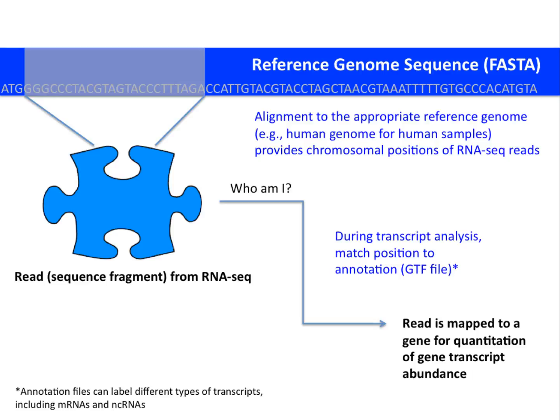Mapping of an aligned read to an annotated gene or non-coding RNA occurs in the analytical phase. You'll find that there are many publicly available annotation files from which to choose, and they can include protein coding genes as well as various species of non-coding RNAs. Commonly used annotation files are those from Ensembl, GenCode, UCSC, and RefSeq.